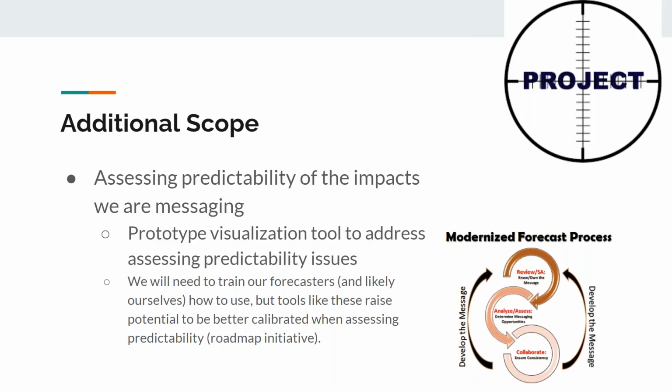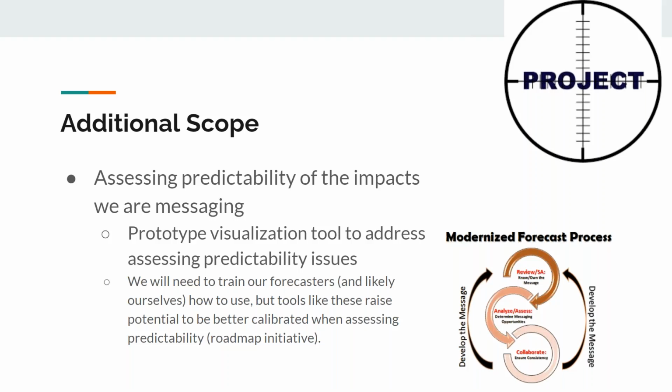So one little tangent I'm going to go off on here is the modernized forecast process, and you can see the little image there in the bottom right. But to me, and through discussion with a lot of you and with a lot of SOOs and other people from other regions, really what we're doing now in the forecast process is, we need to develop the message, and we need to think about message development throughout the entirety of the forecast process. It's not anymore where your forecast database or the GFE grids are done, and then you develop the message afterwards. We have to think about that message development throughout the entire